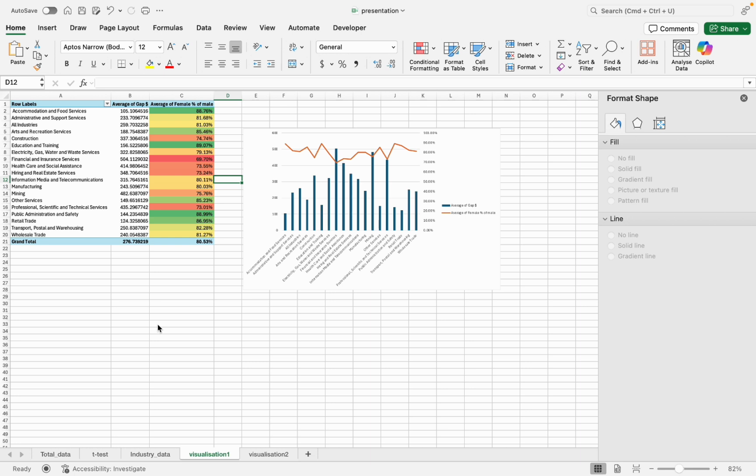These processes demonstrate that instead of looking at averages, we can use pivot tables to summarize, hypothesis testing to confirm differences, and visualization to communicate results effectively. What's the broader takeaway? Instead of just looking at averages, we can combine those three tools: hypothesis testing, pivot tables, and visualization like pivot charts. While today's example used wage data, the same approaches can be applied in many fields, including marketing, policy analysis, and consumer behavior research.